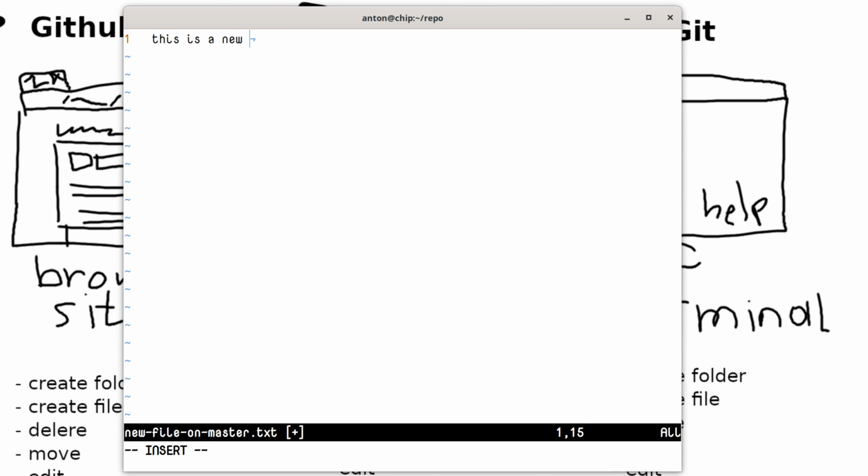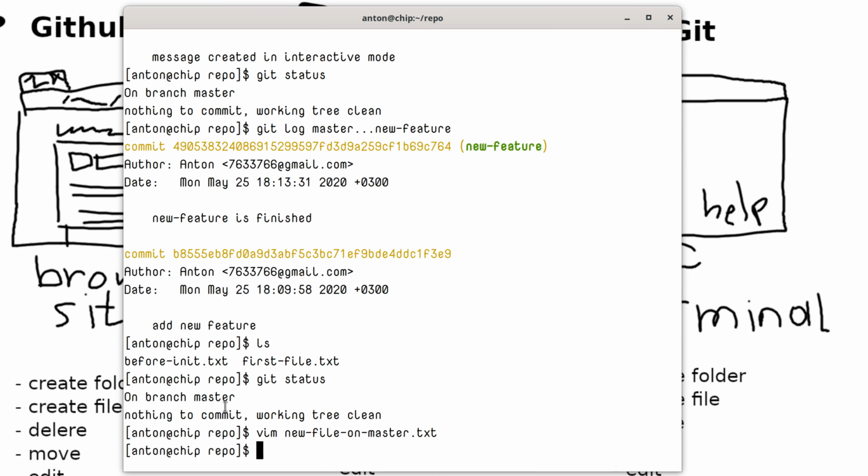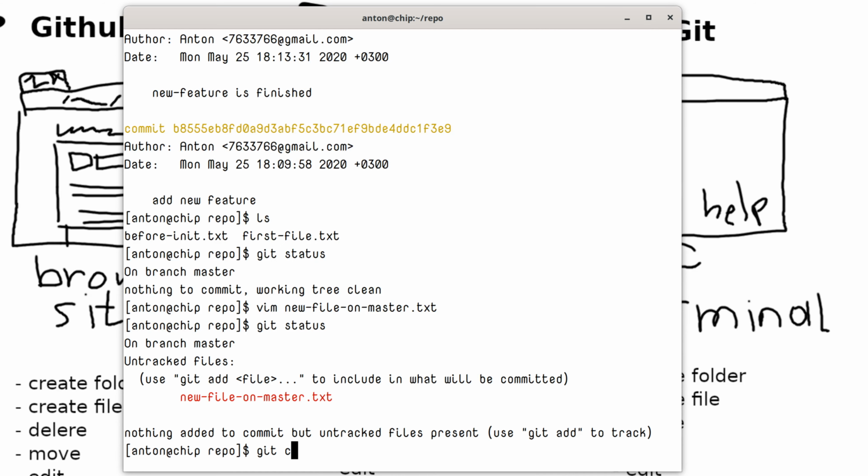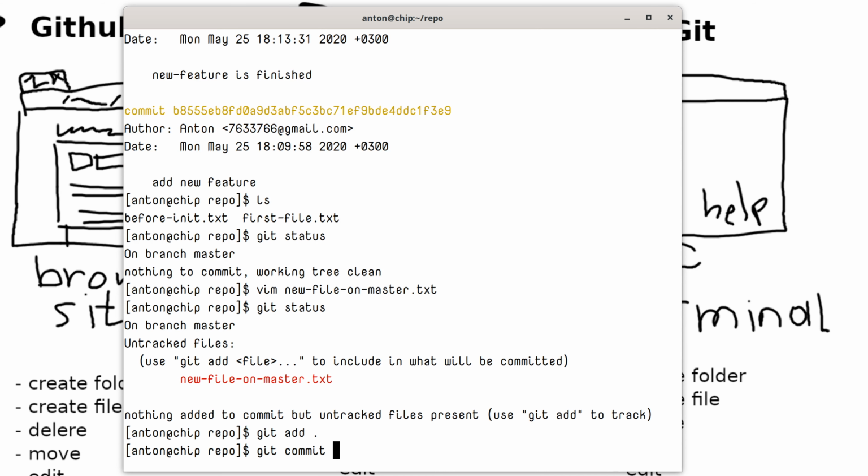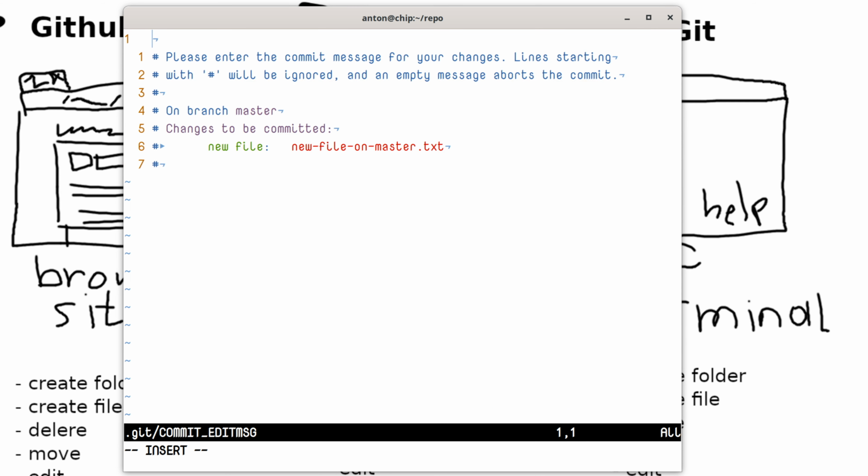This is a new file on the master branch that does not exist on the new feature branch, because new feature was forked from the previous commit, not from this one. Actually, first let's add this file and commit it. Add file that only exists on master branch,